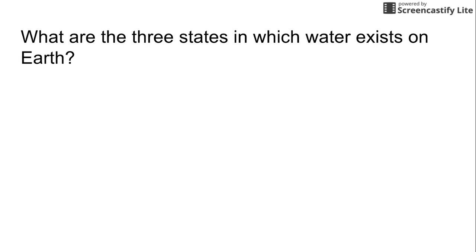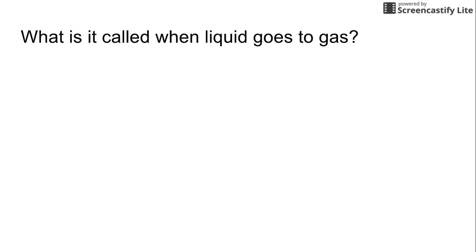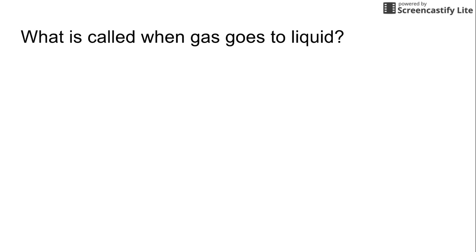What are the 3 states in which water exists on Earth? Gas, liquid, and solid. What is it called when liquid goes to gas? Evaporation. What is it called when gas